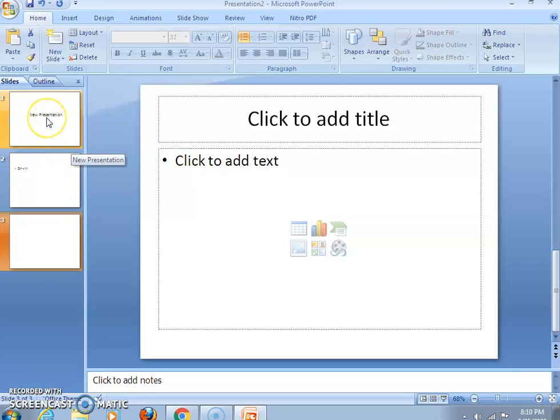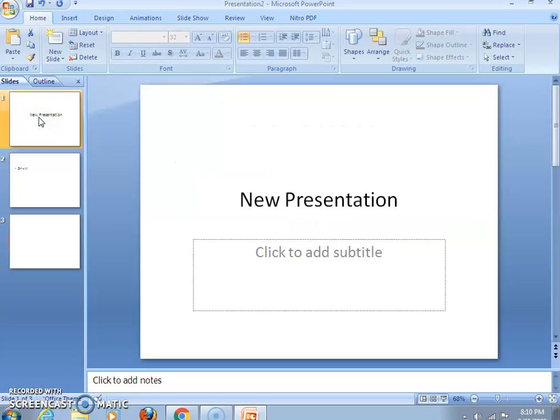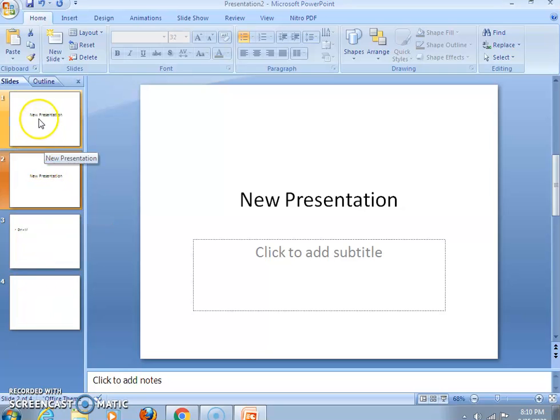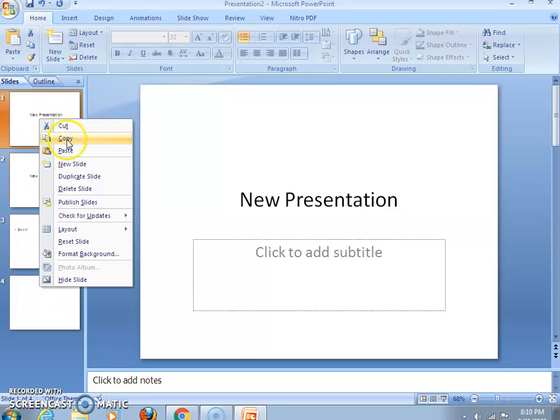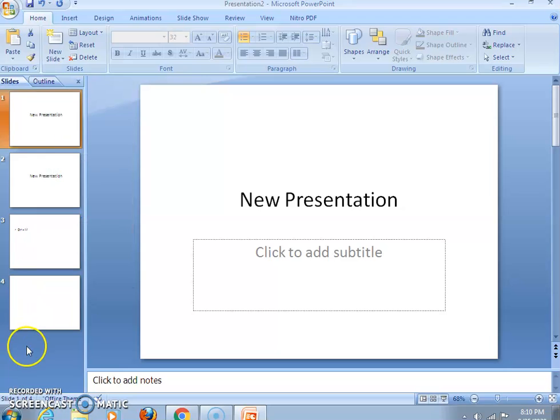Likewise, you can copy a slide. Click on the slide which you want to copy and use the Control C shortcut key, and Control V for paste, or by right clicking on the slide and selecting the option copy and paste.